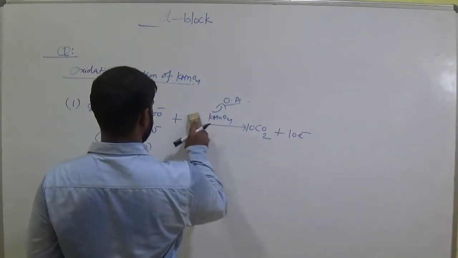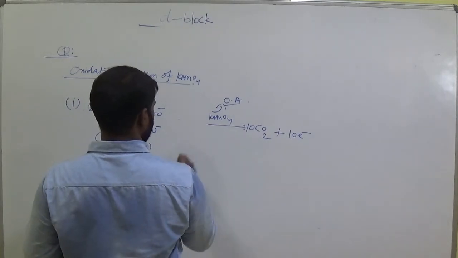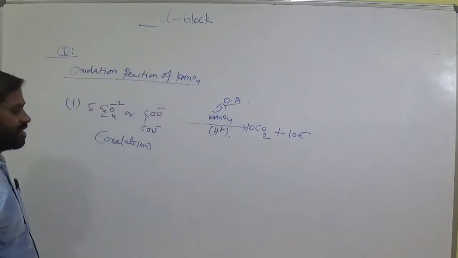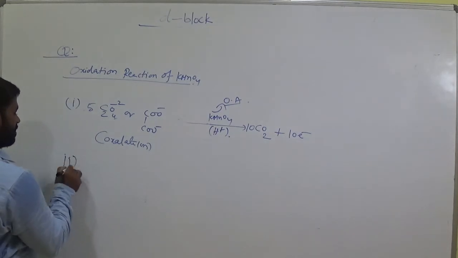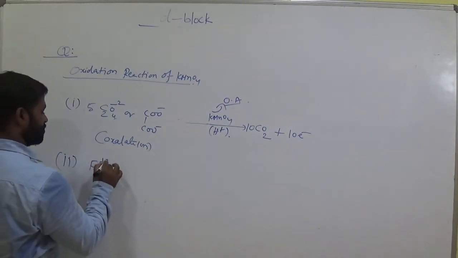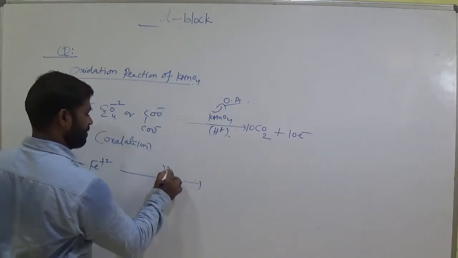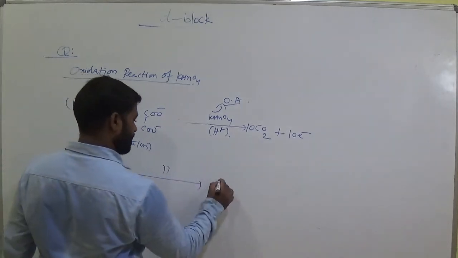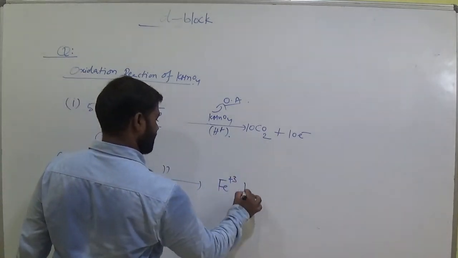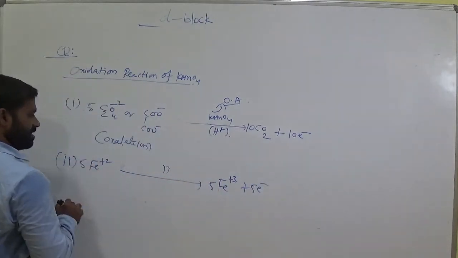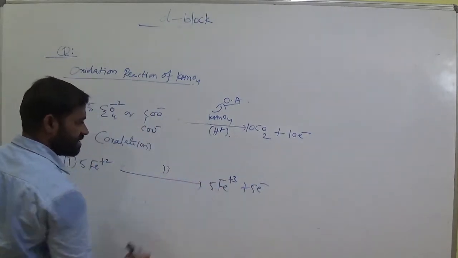Okay, now this one, right here H plus, acidic medium. Okay, and go for the second one. Fe 2 plus gives rise to Fe 3 plus, with KMnO4 as the same oxidizing agent. Fe 3 plus, it has 5 electrons. Here it is 5. Okay, so why is it 5 electrons here?